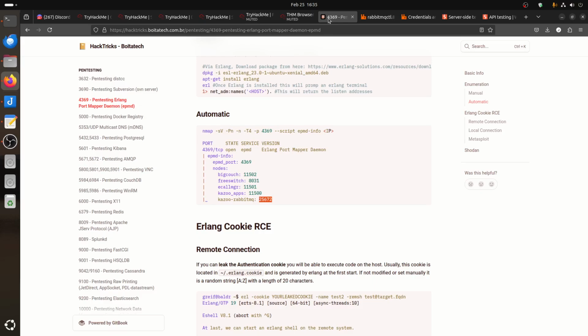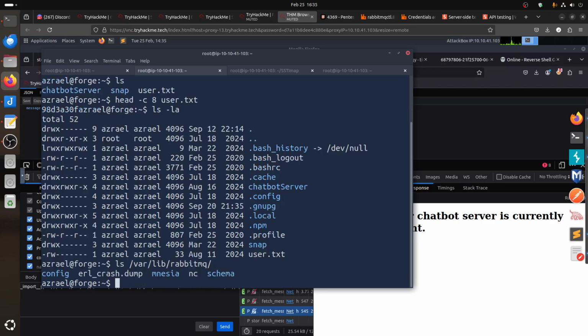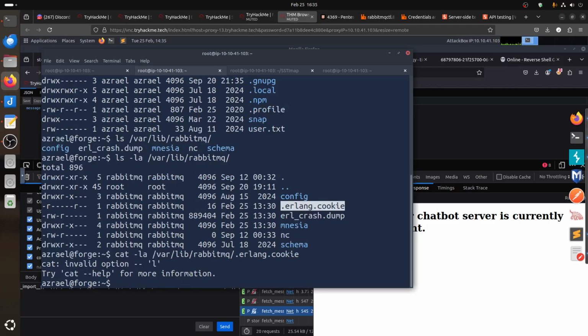remember when we said here, we said with RCE there. Now this thing, when it install in var library rabbit. So if you do that, now let's do a home minus LA, you can see something interesting here. Erlang cookie. So if I go cat now dot Erlang cookie, now we have